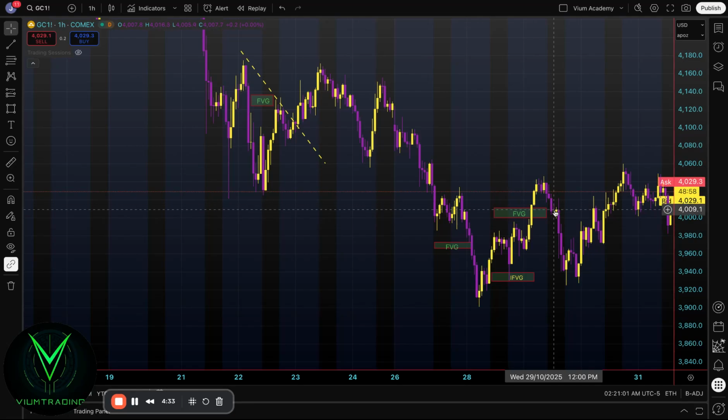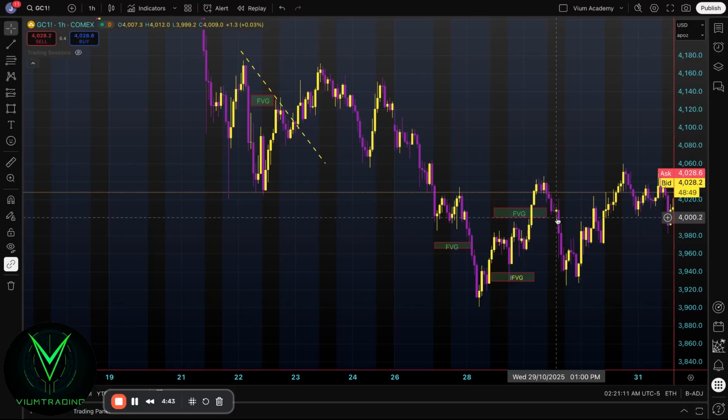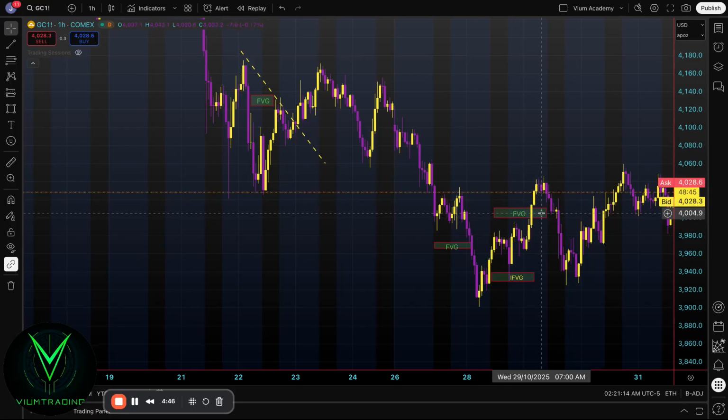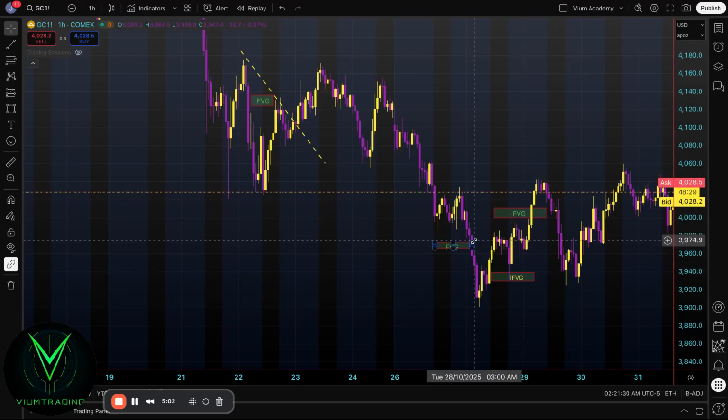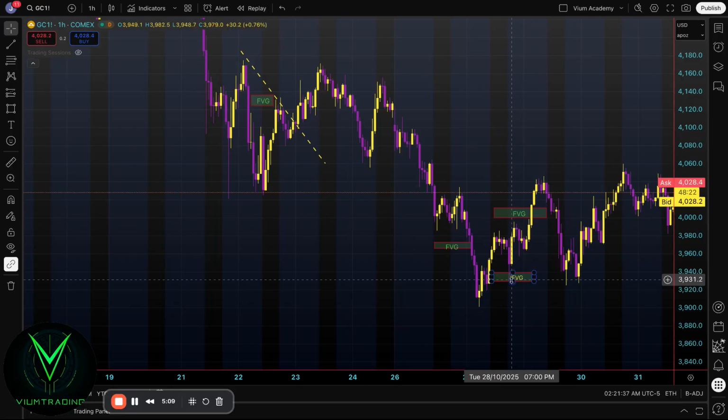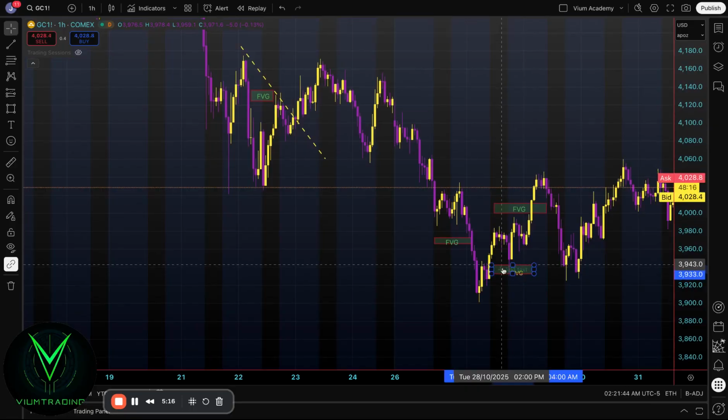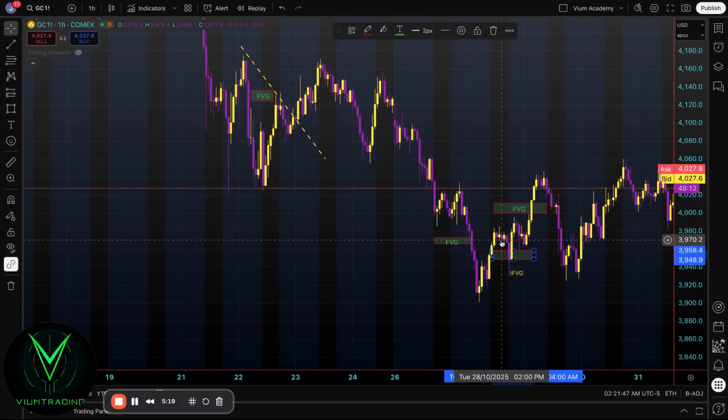You can see the market come here and the market stop. You can see a clear reaction here of almost 20 points. So this is clearly a lot of people triggered and got back in here, and the market shot back down, creating a small fair value gap here again. So you can see the market tested the fair value gap here. Let's go back to this inverted fair value gap here. You can see the market is moving in that direction. Then we can see this strong inverted fair value gap here. So what the market does is come all the way up here, then the market comes down and retests